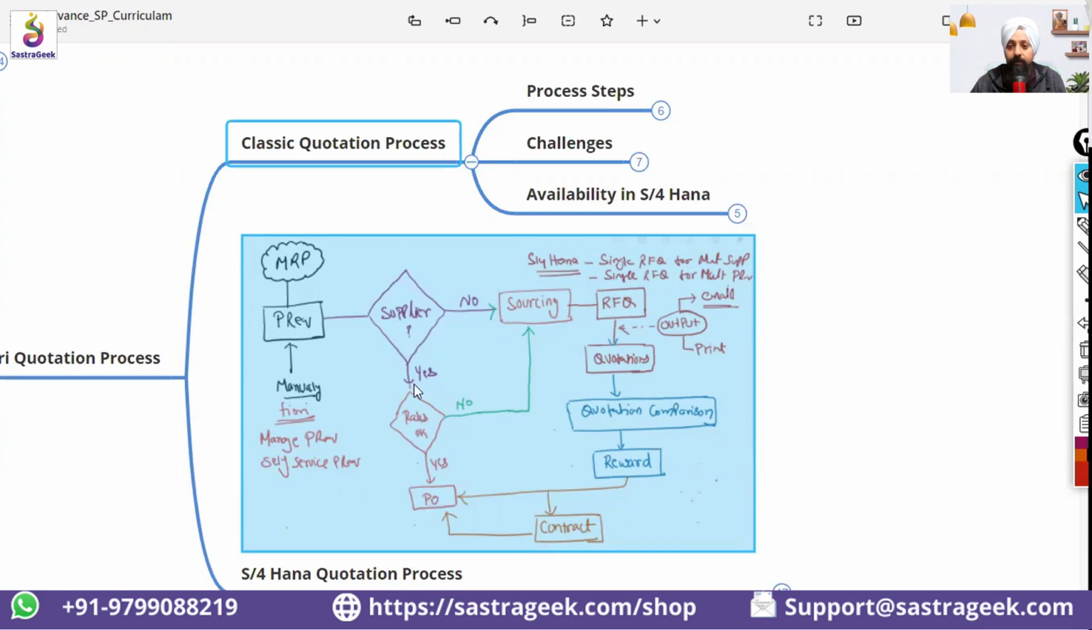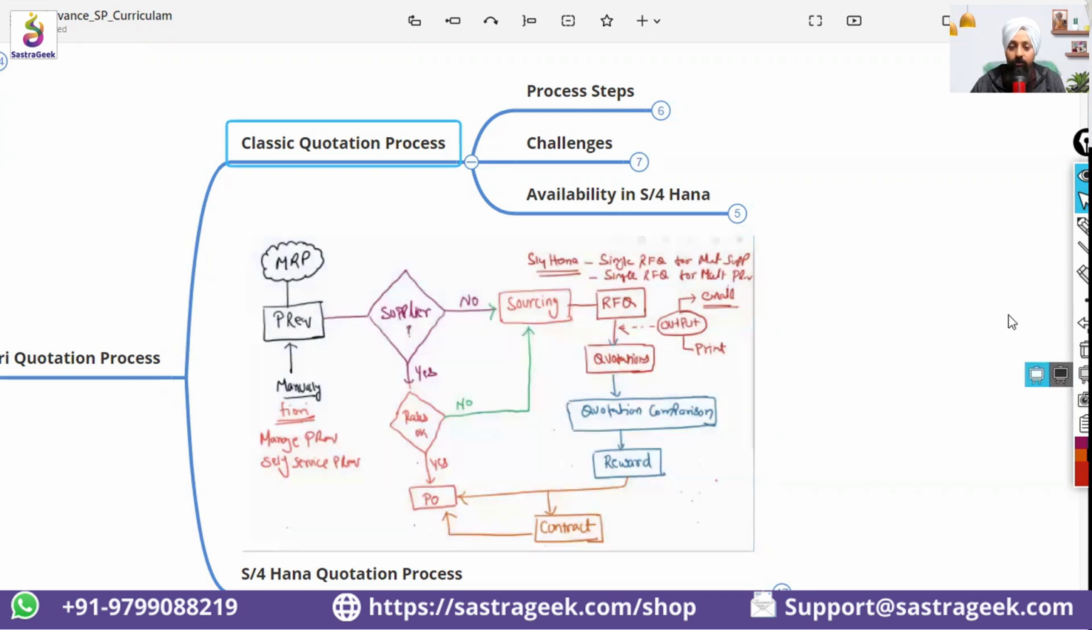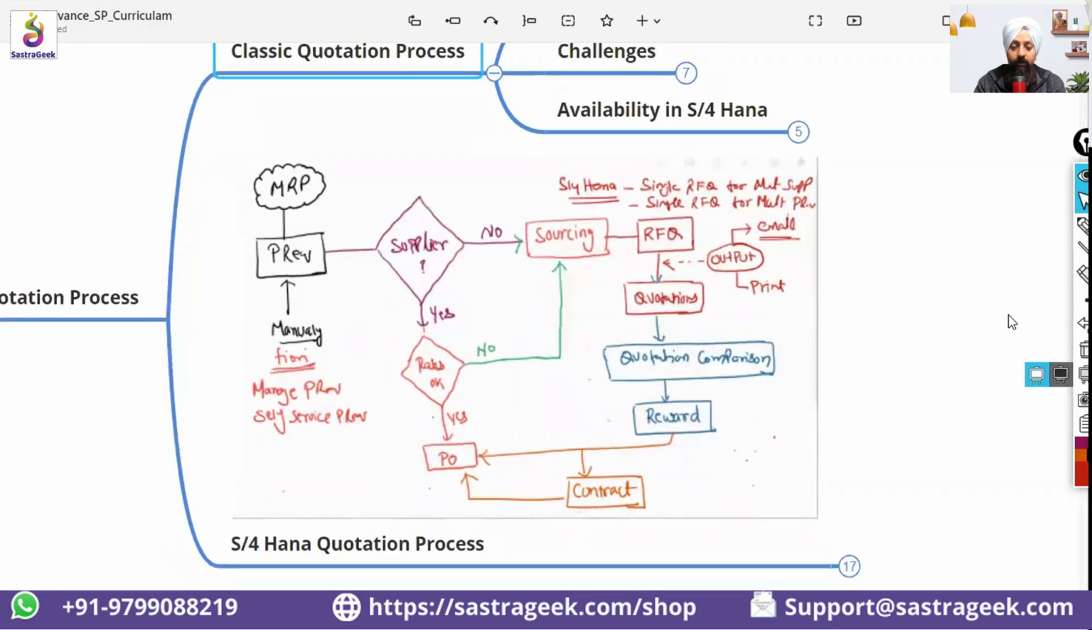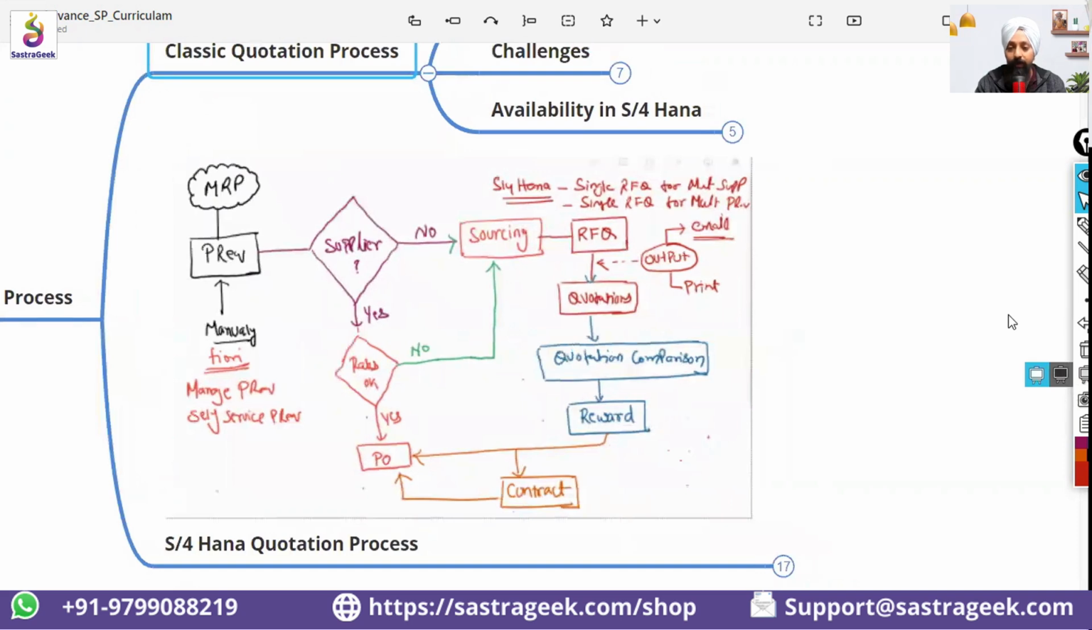But if we find the supplier and the rates are not okay, and we need to go outside and check for another supplier for better rates, then it goes to sourcing. Or if we have not found a supplier, then it also goes to sourcing. So if we are not okay with the available suppliers, or if we do not have a supplier who should be providing it, then we start with our quotation process. So in the quotation process,